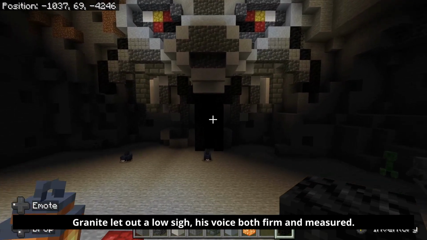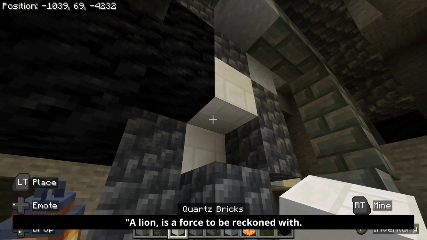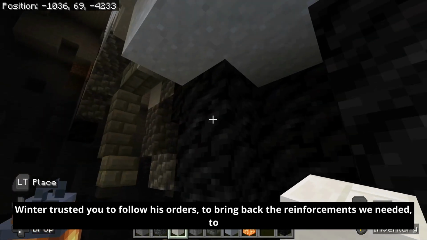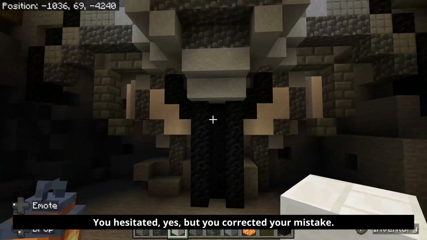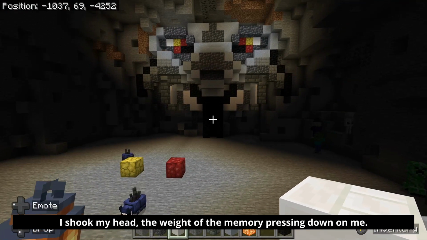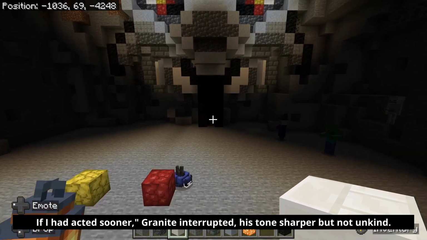Granite let out a low sigh, his voice both firm and measured. "A lion is a force to be reckoned with. Winter trusted you to follow his orders, to bring back the reinforcements we needed, to protect the pack. You hesitated, yes, but you corrected your mistake. That's what matters now." I shook my head, the weight of the memory pressing down on me. "But I still failed. If I had acted sooner..."